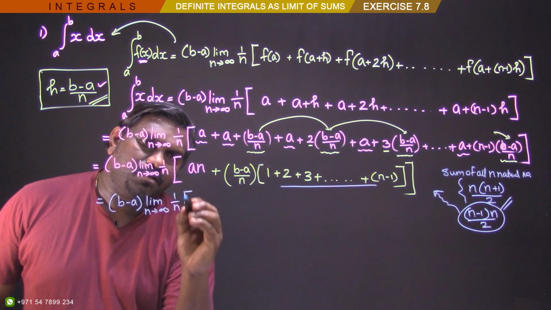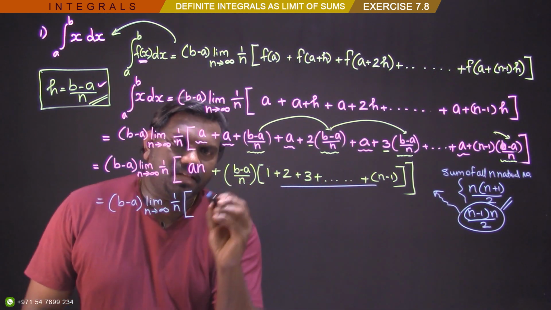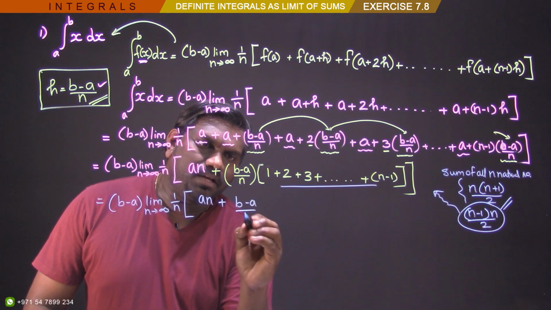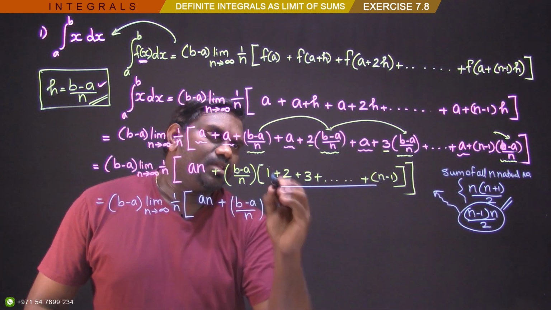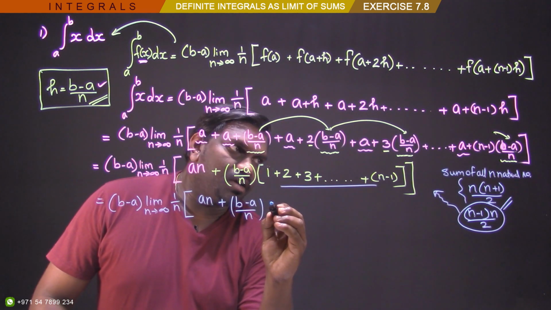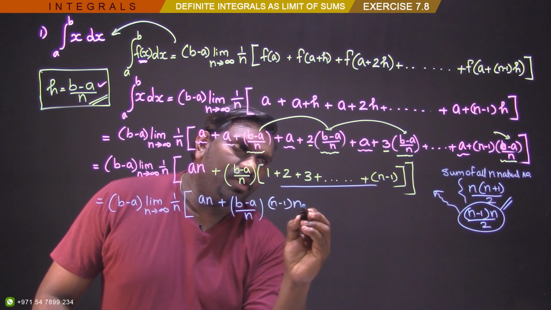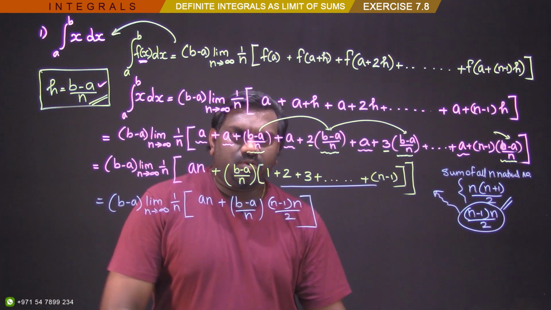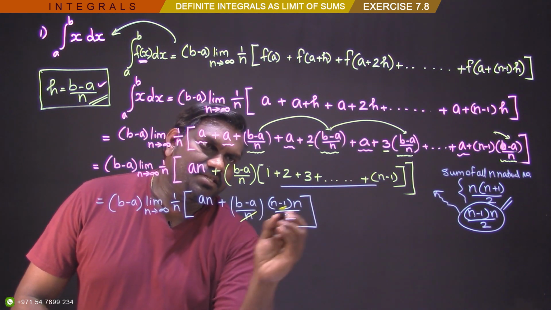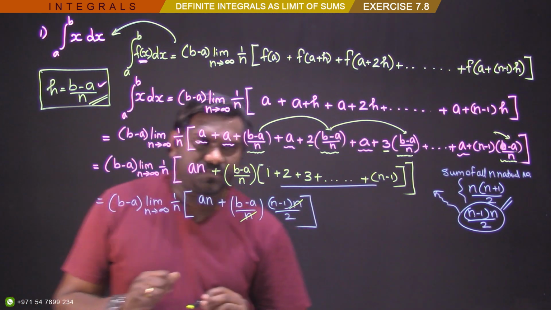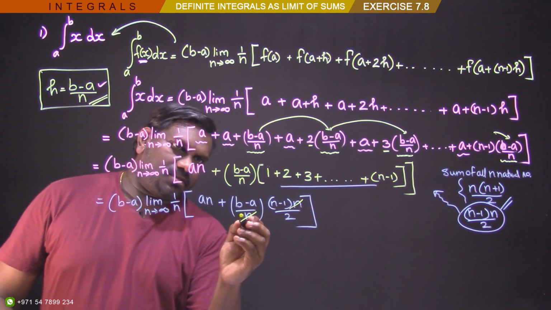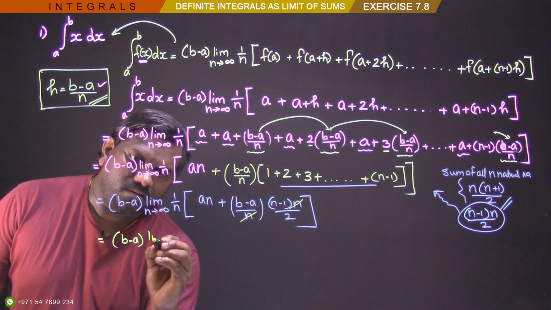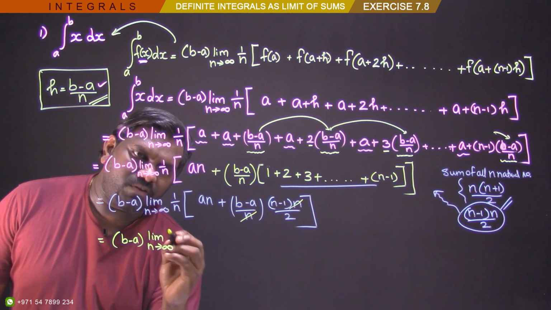1 by n into what is here? an itself, plus you have these terms like this way only. Yeah, right, as of now. Then this will change to this. What is it? That's going to be n minus 1 into n by 2, dear. Right? Yes. Now what you can do? Either a term on. So can we cancel this n and this n, dear? It's gone. Right? So what I have here is b minus a, limit n tending to infinity, 1